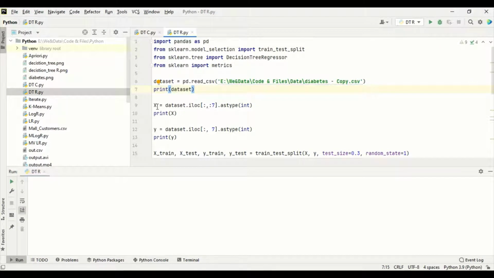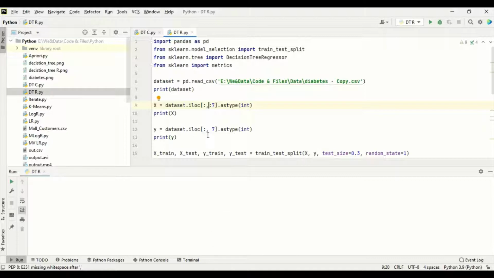Now we are splitting the data set into x and y. With iloc, we are not changing any rows, and taking from the first column till the 7th column, that is 7 minus 1, from 0 to 6. 0 is included because for rows and columns, pandas indexing starts from 0: 0, 1, 2, 3, 4, 5, 6.